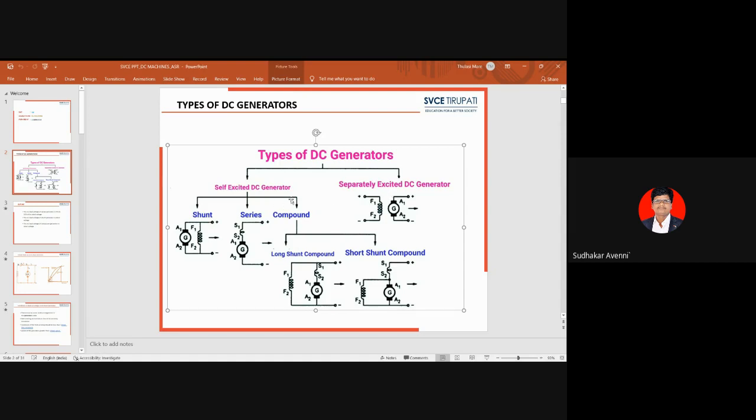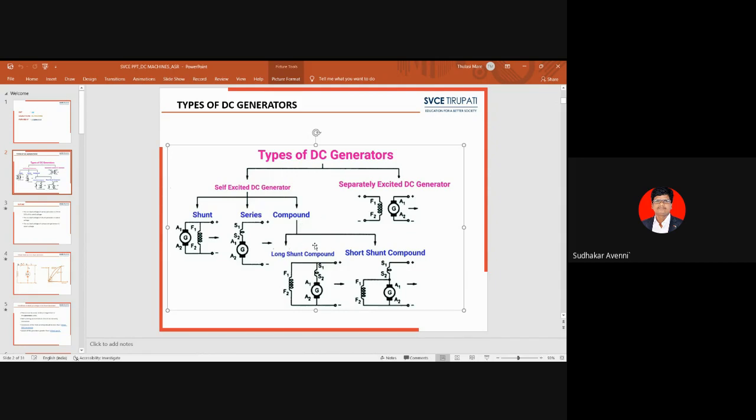Self-excited generators again have three types: shunt generator, series generator and compound generator. Simply, when the field winding is connected in parallel with the armature, it is called a shunt generator. When the field winding is connected in series with the armature winding, that generator is a series generator. When the field winding is connected both in parallel and in series, such a generator we call a